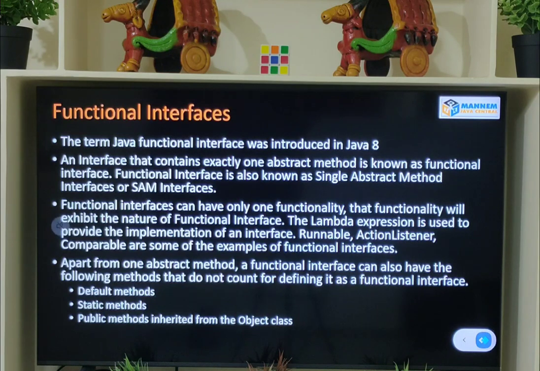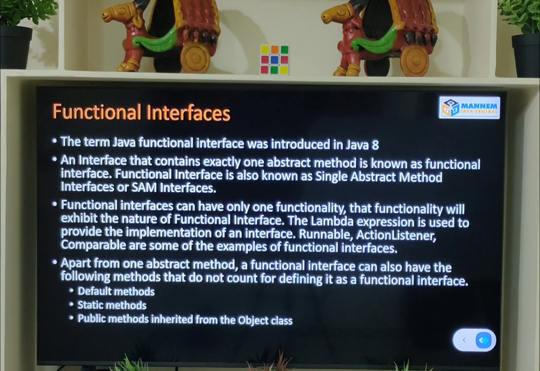That's why we need to assign that lambda expression functionality to the reference variable of the functional interface. So let's wait for some time. You can understand each and everything while implementing the functional interfaces using lambda expressions.